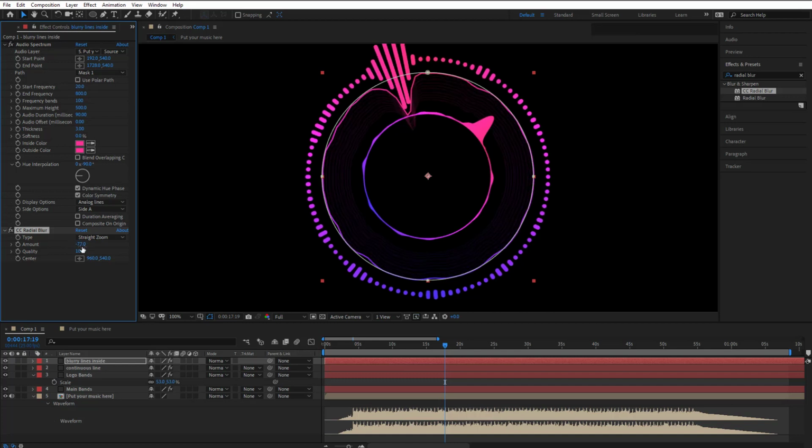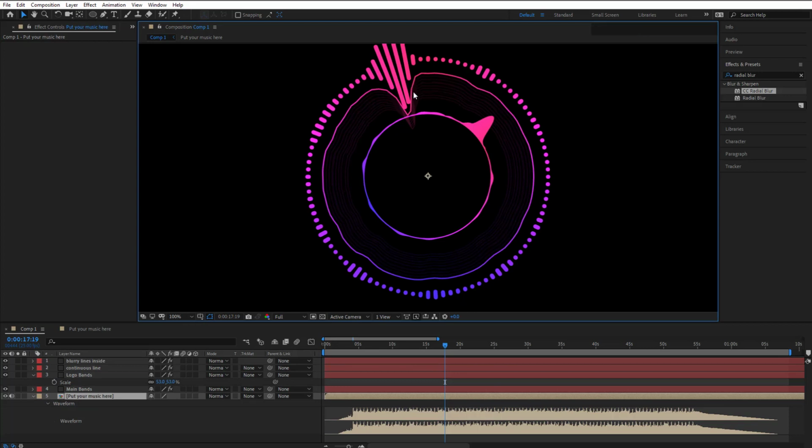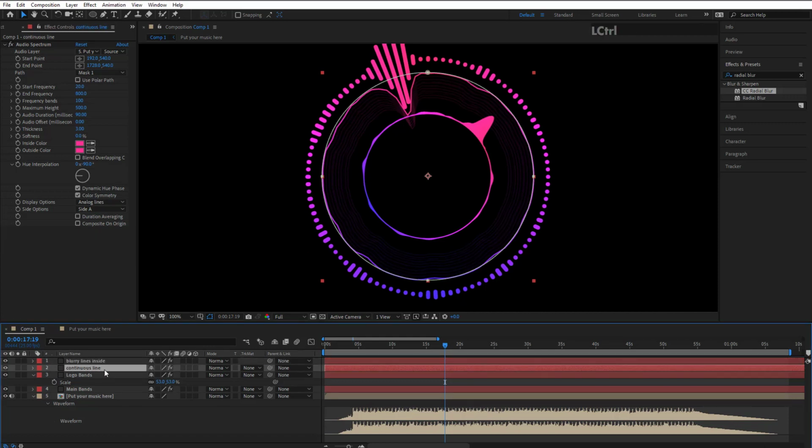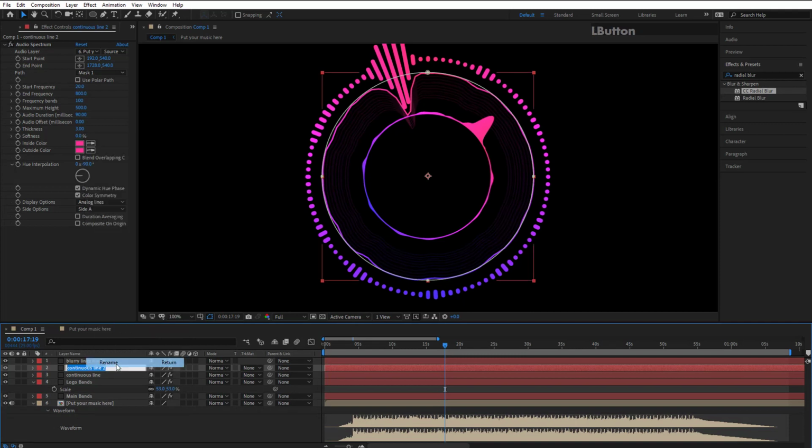I'm actually now going to decrease the amount to about -70 for this effect. And that kind of just looks like it's duplicated the line lots and lots of times, which looks quite cool. And now we're going to go to the outside as well. So if I duplicate my continuous line again with Command D, right click, rename, I'm going to call it